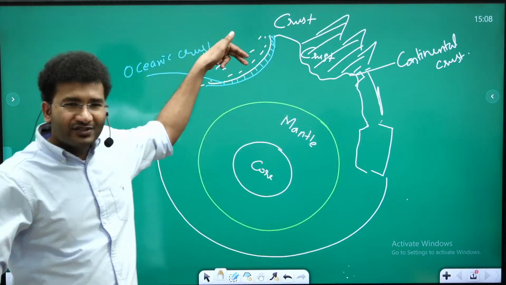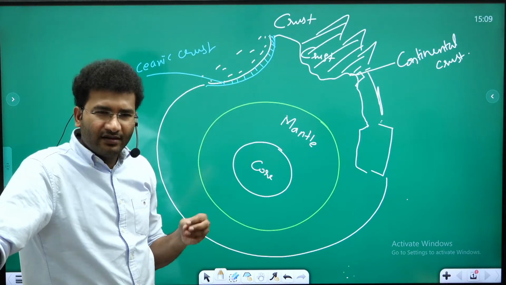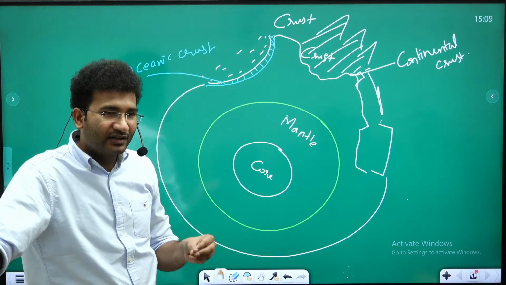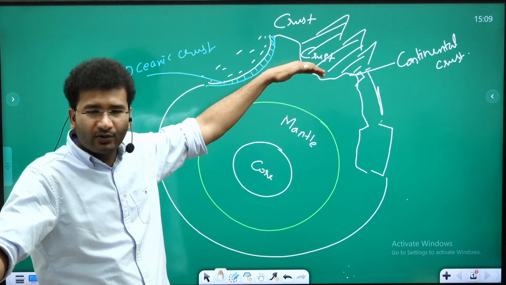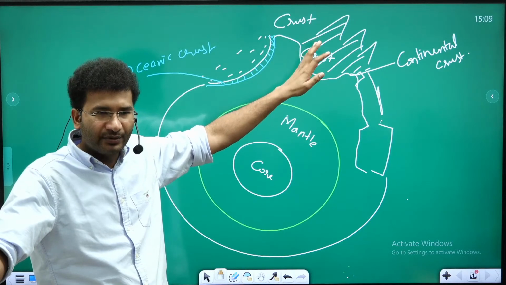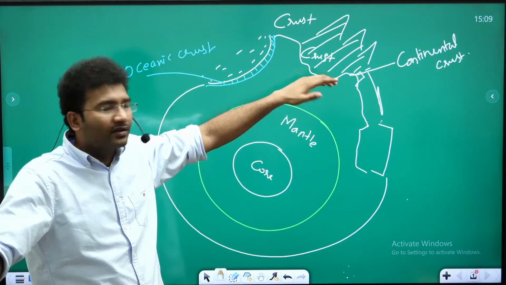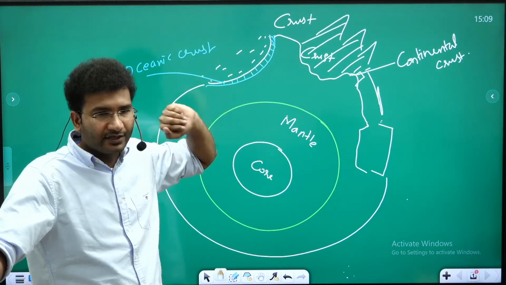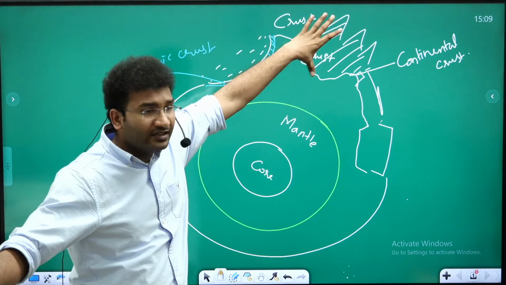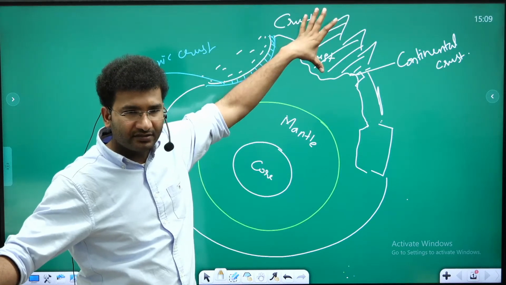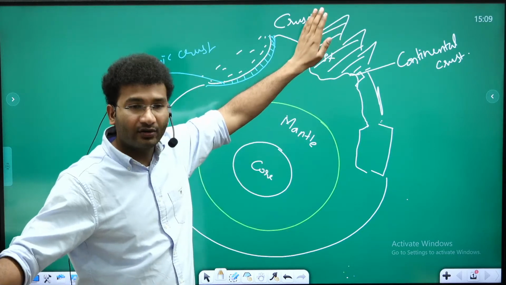Now you see, if you start to dig deep into the floor of the ocean, hardly dig for 6 to 7 kilometers, you will touch the magma. But start to dig a bore well. Today, the deepest bore well which we have dug is up to 12 kilometers in the Kola Peninsula in the Russian region. There, you still don't get any volcanic or magmatic activity. Why? Because the thickness,